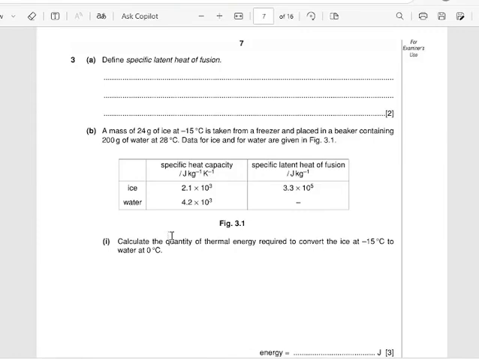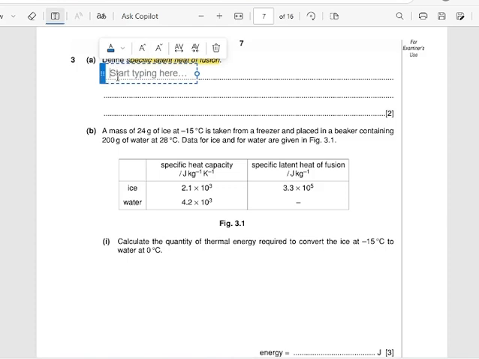The question that we're looking at is question 3 of paper 2005 summer 9702. A part says define specific latent heat of fusion. So we will simply write